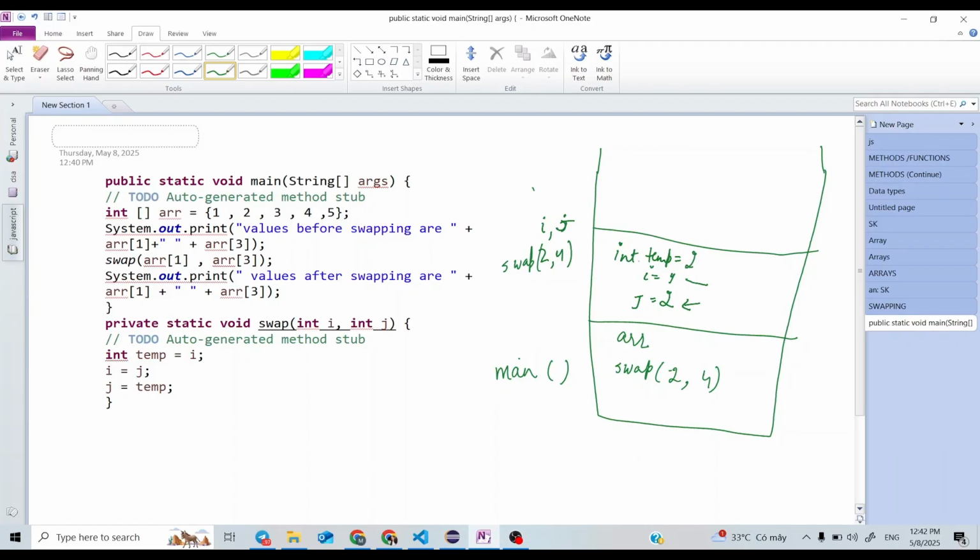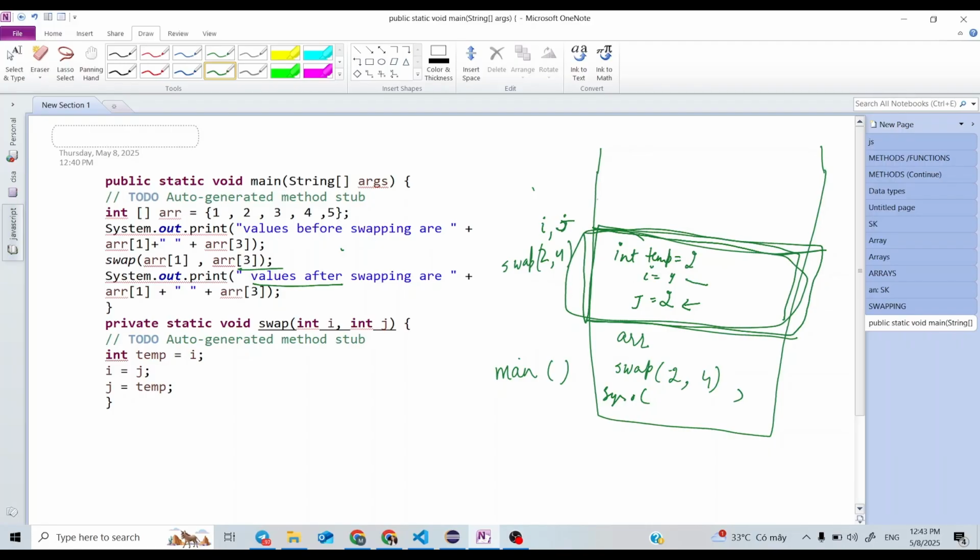But these i and j values are limited to this function frame only. When we are printing here, the values of array of 1 and array of 3 will be 2 and 4 only. So that's why when we print after swapping, the changes will not be reflected in this main function.